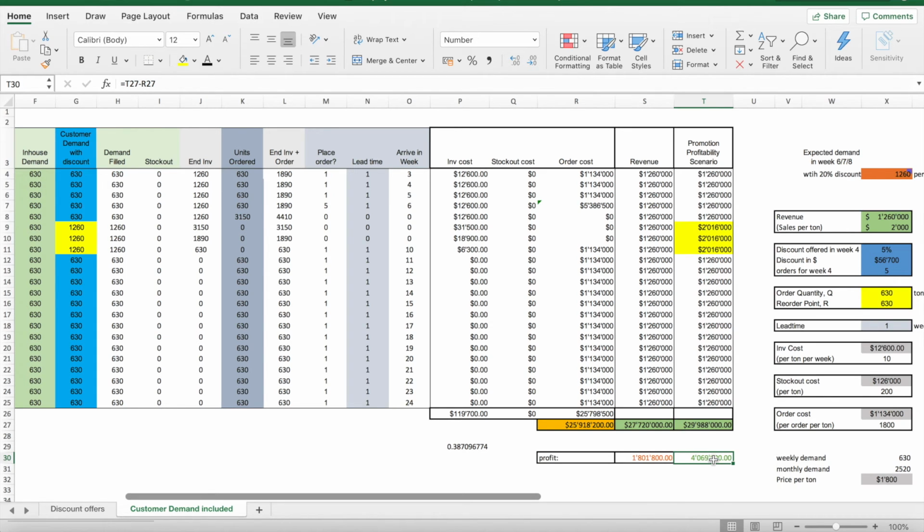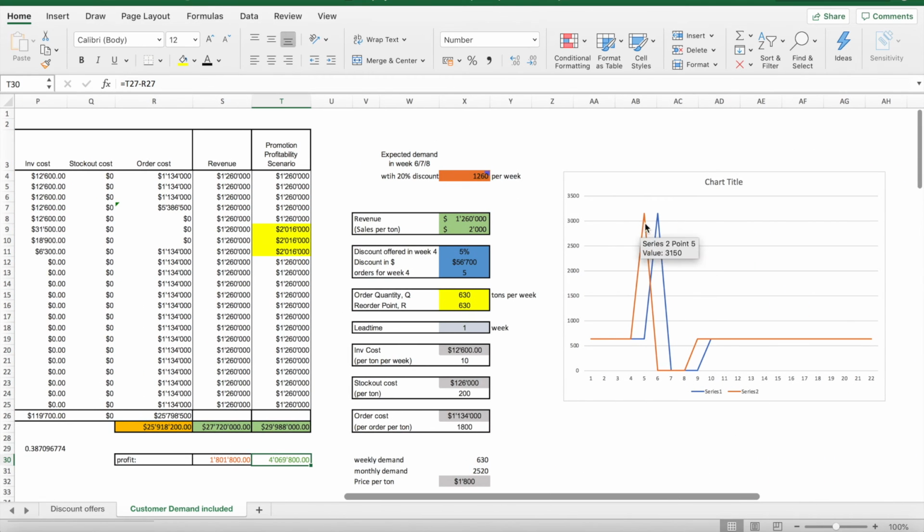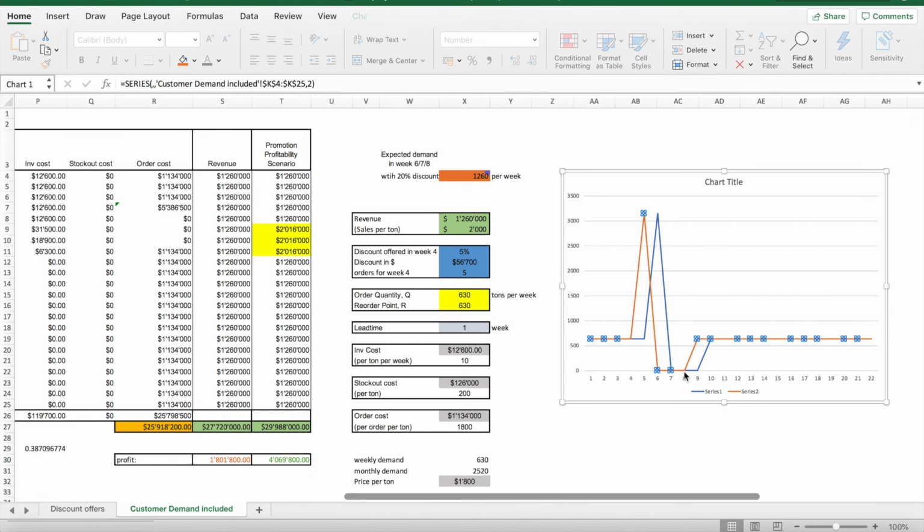And also what you can see is that we have a scenario where we order actually faster again. So what happens is that we still generate the big bullwhip effect. However, we start reordering again faster in week 8 already. What this does is that it increases predictability for our supplier, and therefore they know that we will start ordering on a constant basis again. So we use up the stock generated by the discount offered to us faster in order to get back to a normal level.